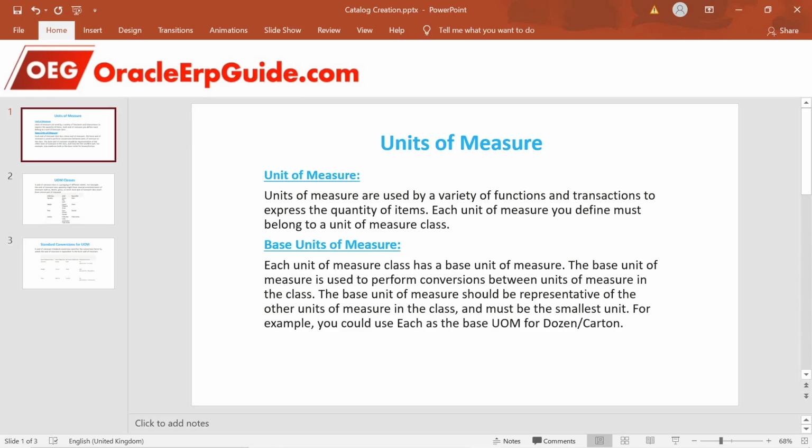For example, for a dozen or carton, the base unit of measure will be each. Similarly, when you are measuring by liter, gallon and so on, the base unit of measure will be liter. For each measurement, you have to see what the smallest measuring UOM is. So let's go into the Oracle Fusion system to see how to define a UOM class and the conversion.